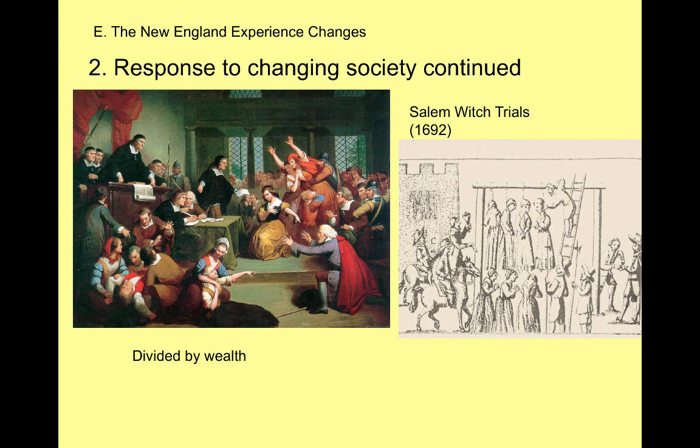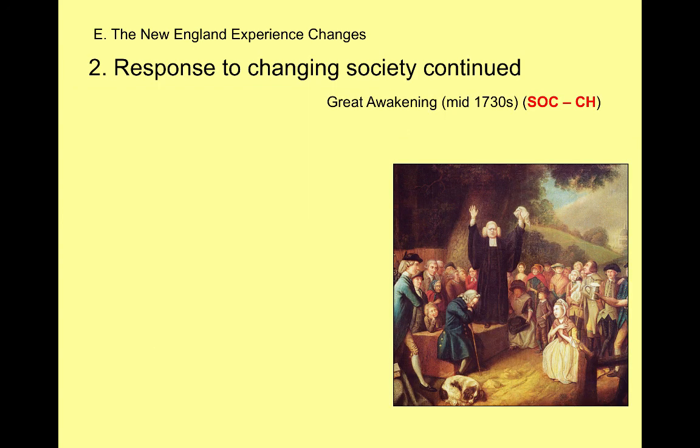Interestingly, I read a book a few years ago, the name escapes me, and he did a survey of the Salem witch trials. What he found out was that most of the people doing the accusing were inland, and most of the people who were accused were along the coast. So one could look at this as an example of east-west tension, that the poor people inland were resentful of the richer people along the coast, and so this tension and anger manifested itself in the Salem witch trials. Interesting theory.